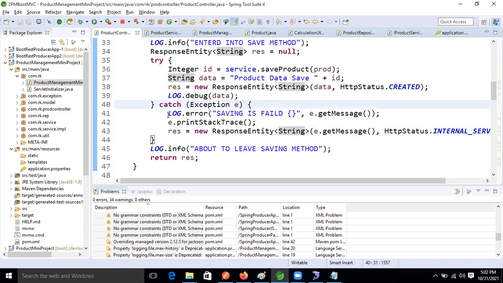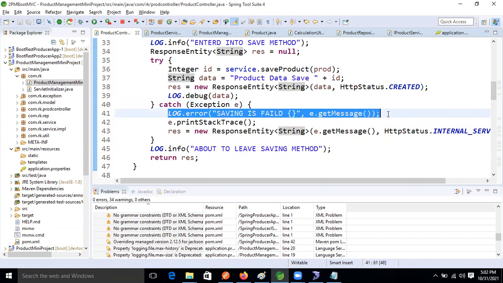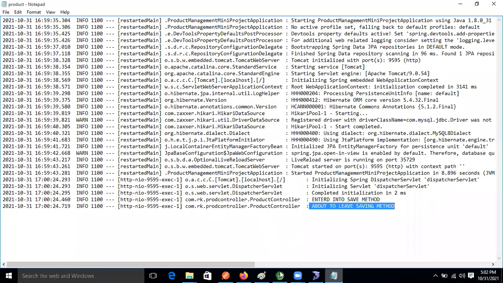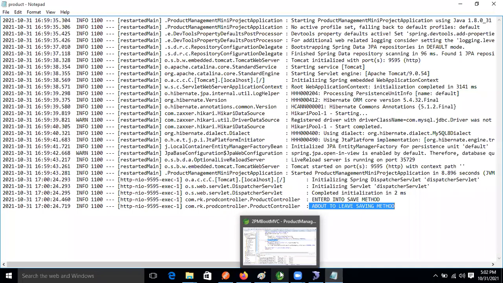Because of that, we are not getting this message in the property file. But this block's message also we need in the property file, but in the property file that message is not there.